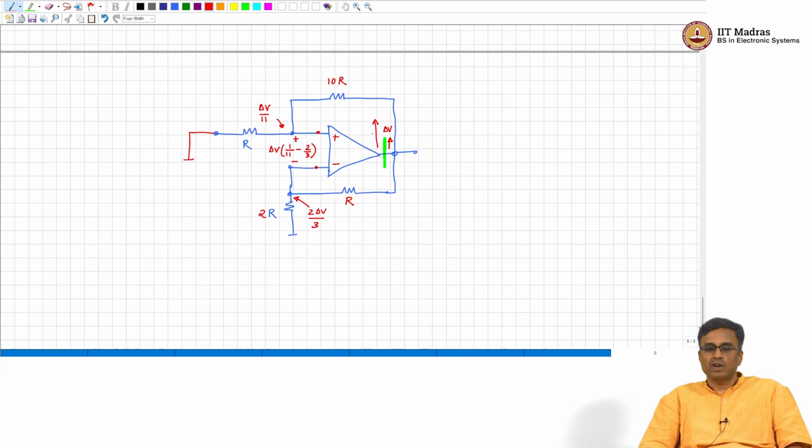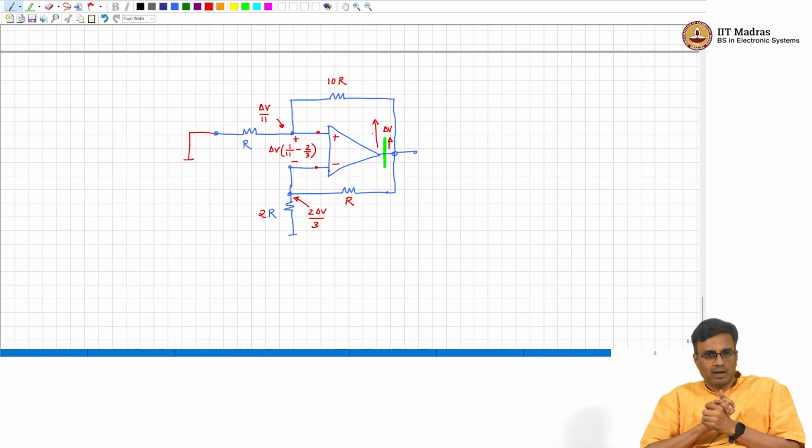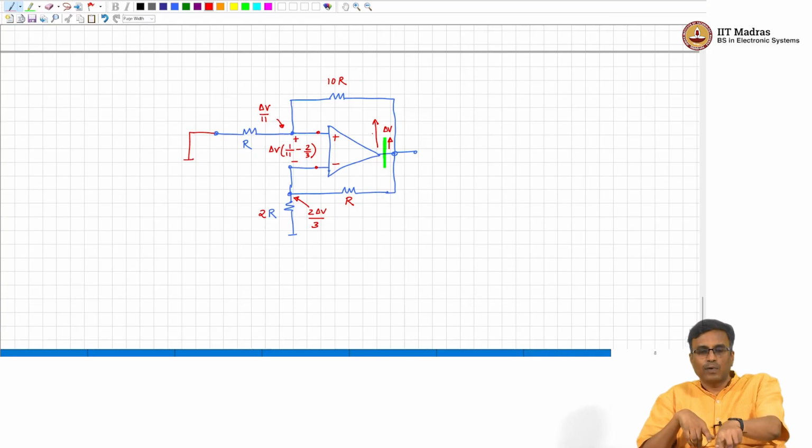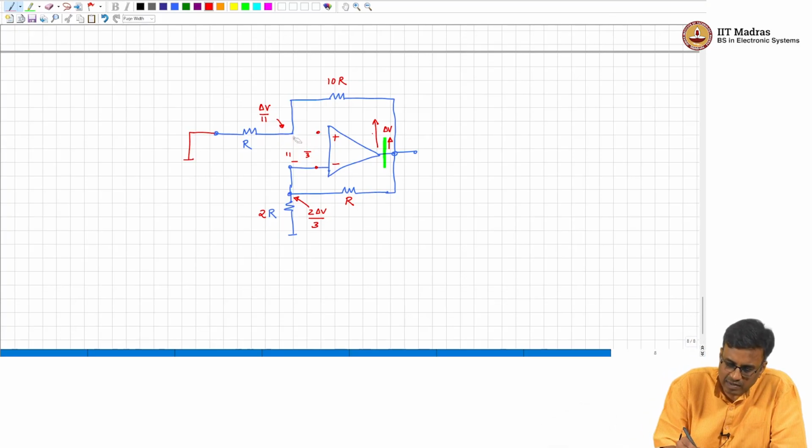All right. So, what is the moral of the story? Every time you must check if there is negative feedback, even if the topology looks familiar. By just changing the values of the resistor, look what has happened. What was negative feedback earlier has become positive feedback. Is that clear? So, now once we have established the signs of the op amps for negative feedback operation, it is straightforward to